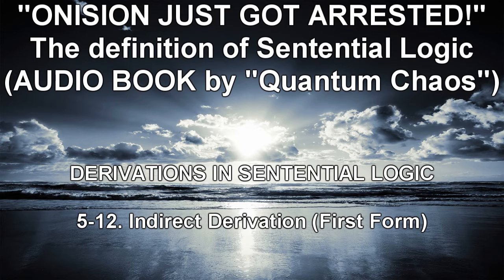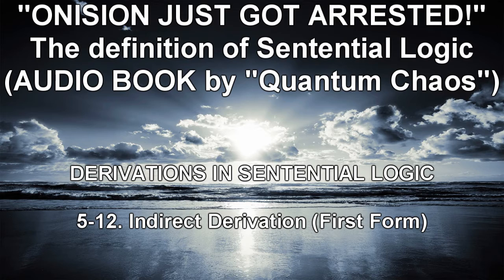Consider line 3, which is a negation. We cannot show it by conditional derivation. It's not a conditional. That leaves direct derivation. Well, the premises are both conditionals, so the appropriate rule is arrow out. But arrow out requires a minor premise. In the case of 1 we need P, in the case of 2 we need P, and none of these is available. We are stuck. We are trying to show ~P, which says in effect that P is false.